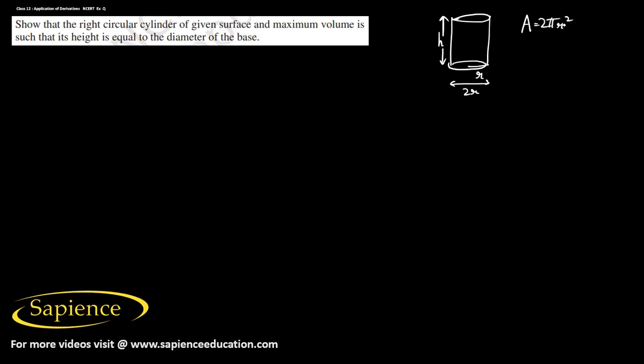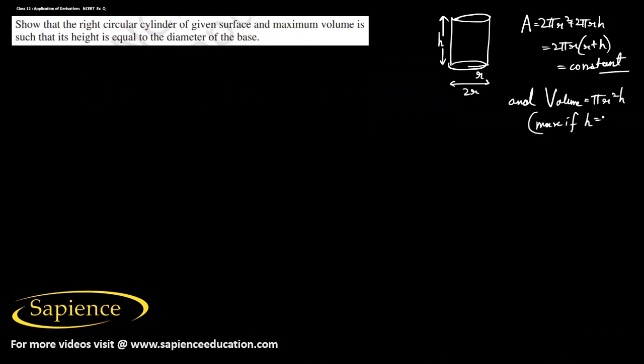We know that the surface area is 2 pi r square plus 2 pi r h. So that is equal to 2 pi r into r plus h. So that is constant, that is fixed. Since it is told that it has a given surface and the volume is maximum, its volume is equal to pi r square h. So that will be maximum if